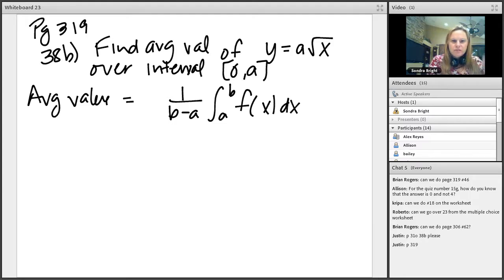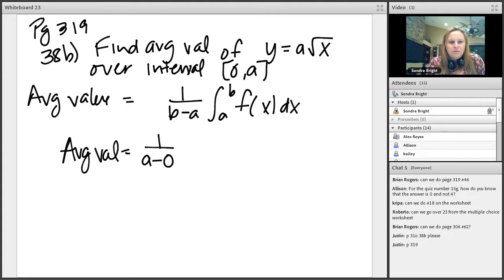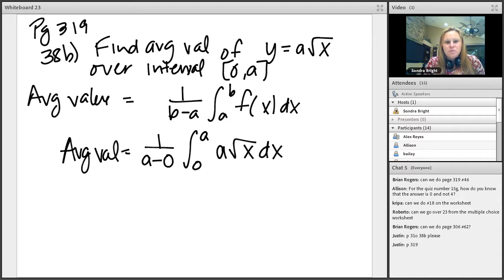All right, so now your interval is going from 0 to a, so that means the average value for this guy will be 1 over a minus 0, because now your interval is from 0 to a, and then times the integral of 0 to a of a times rad x dx. So a, you're considering a constant right now. So this is a 1 over a